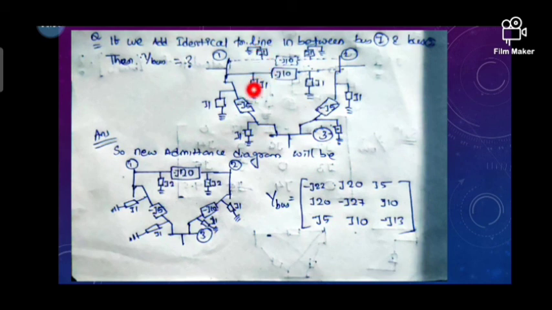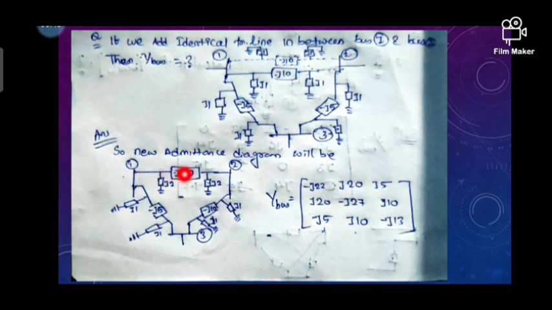In the parallel connection of admittances, the two admittances are added to each other. Then j1 plus j1 is equal to j2. Like that, here j1 plus j1 is equal to j2. If we take this network, those are in parallel connection. So minus j10, those are not impedances but admittances because of the minus sign. So the admittances are in parallel, so they are added to each other, minus j10 and minus j10, that is equal to minus j20.